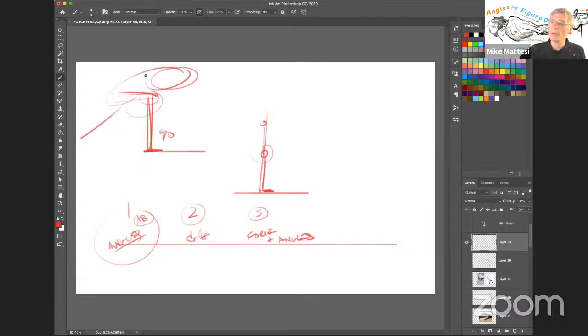What I could do to help that model is shove a triangle in there, like I said with the table. That would help a lot, right? Because the weight on this top can relax and come down because the weight on this would go into the triangle and push against the sturdiness of this pushing down into the floor, which is how a table leg works, right? But what I want you to be aware of is, so we've got our 90 degree, which is super stable. We have our acute, right, which is like this. And then we have our obtuse, which is like this. So here we have acute, here we have obtuse,